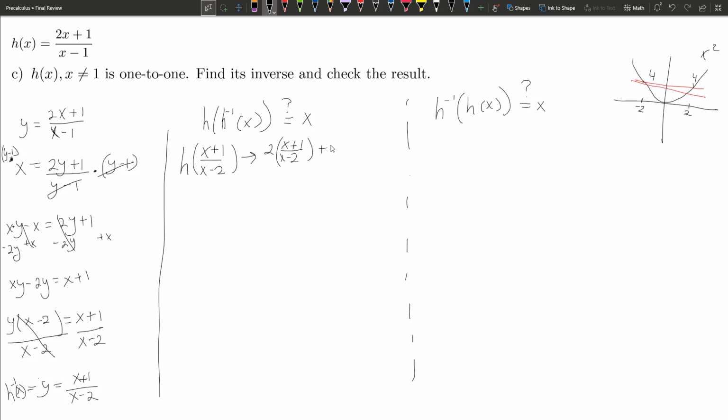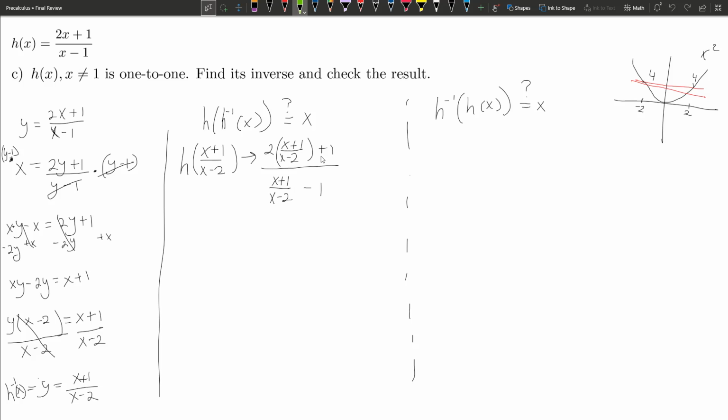Never be scared of math. Always use it as a thing to motivate you. And the x down here, well, remember, I'm really replacing x with this. So that is x plus 1 over x minus 2. And then the minus 1 just stays. Now, how on earth do we do this? Well, the first thing I want to do, and there's a little shortcut that I use, is to get all the denominators of each of these little fractions